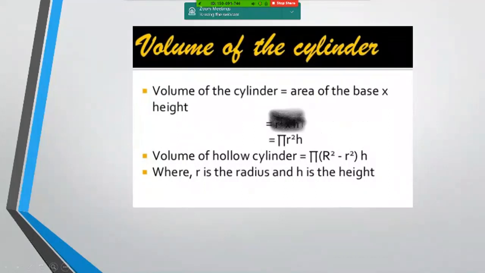Ma'am, I had a doubt. In the previous class, we had done surface area of cylinder, right? Yes. In that, the total surface area, you had given a formula. Yes. So there's no utilization of that formula, right? It's up to you. You can directly use the formula, or you can use it as a lateral surface area plus the two, the base and the top. It's up to you. Okay.